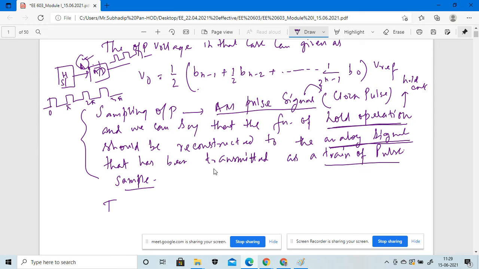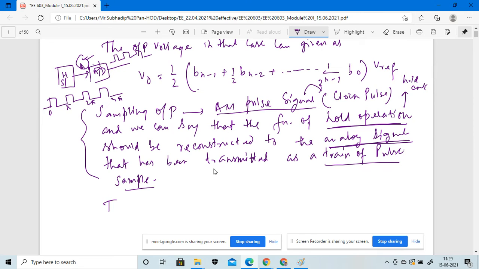So in the feedback loop there must be some signals that flow through the feedback path. So again, what is my purpose in using the hold operation? The purpose of the hold operation is to fill the spaces between the sampling periods, and we have to reconstruct the original signal, obviously the analog input signal, to reform new pulse samples.